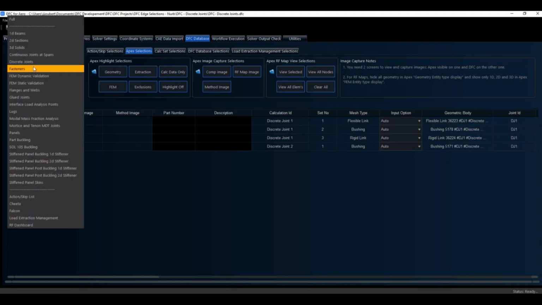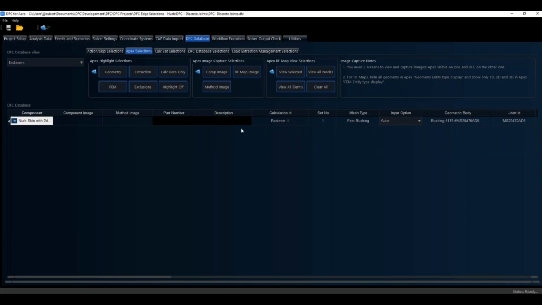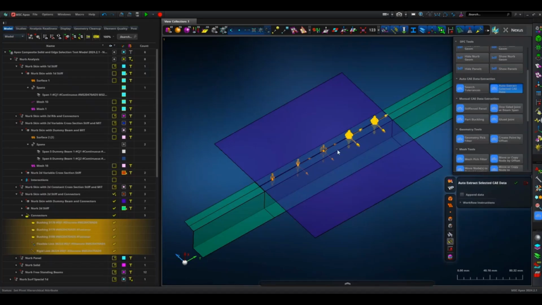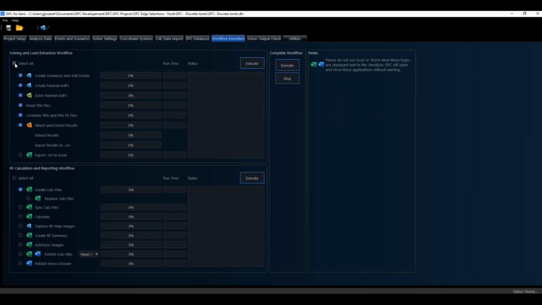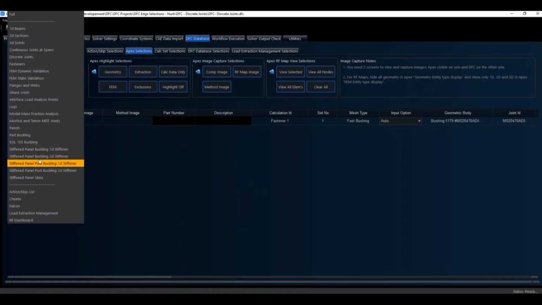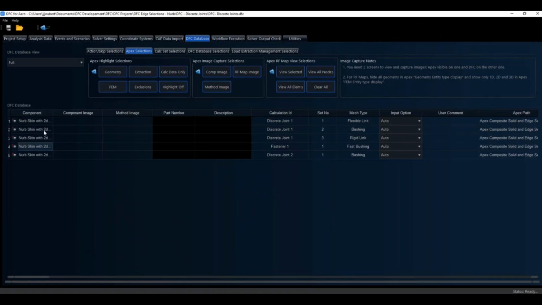In terms of fasteners, we can do the same. So that's a fastener and RF calc. And again, we can look here at where our fasteners applicable to that calculation set are. So now in the workflow, you can go to where we solve. So we solve in Nastran and eventually attach and extract all the results, and we extract all the loads for each calculation set. So next step is then we could create our calc file and populate our method with all the